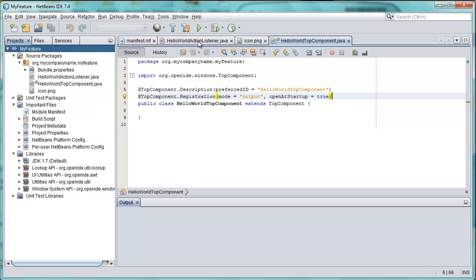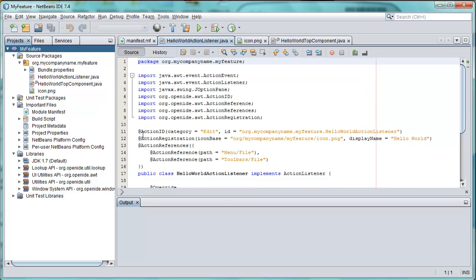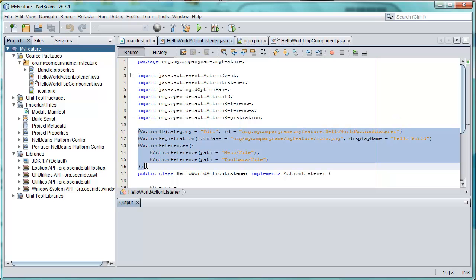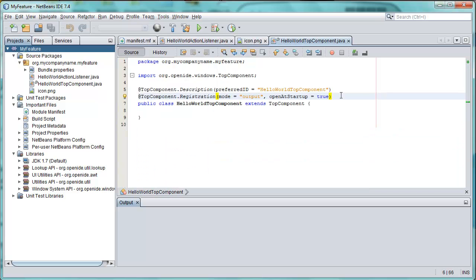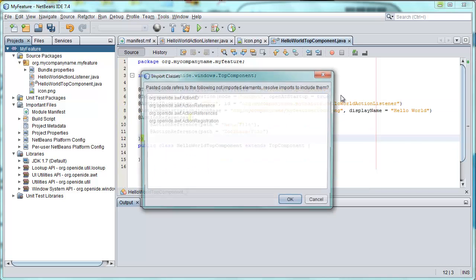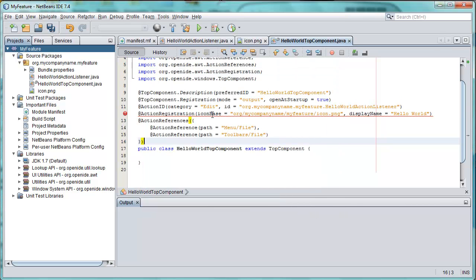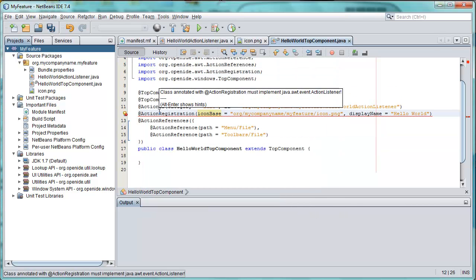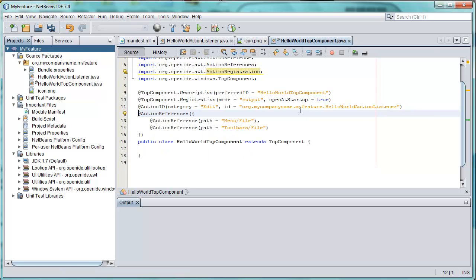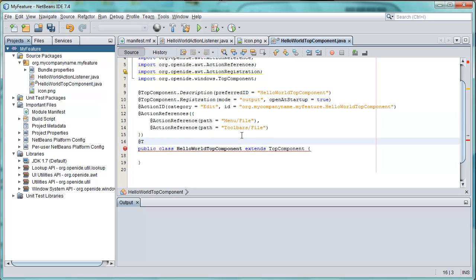In the same way as we created an action listener and then registered it inside of NetBeans via annotations, we can take those same annotations and attach them to our own top component that we now have. What we don't need anymore is the action registration. In this case, we delete it, and we need to make sure, of course, that we have a unique ID here for our action, and the action will be able to open this particular window because we use another annotation, top component